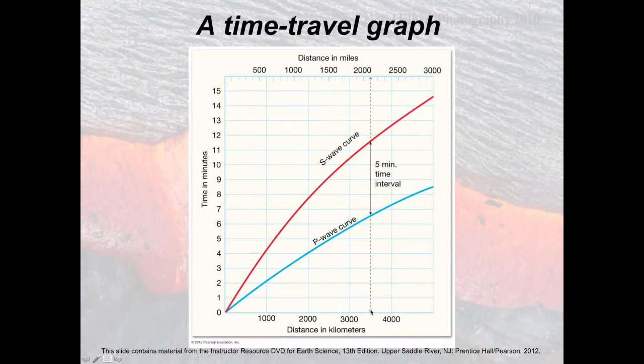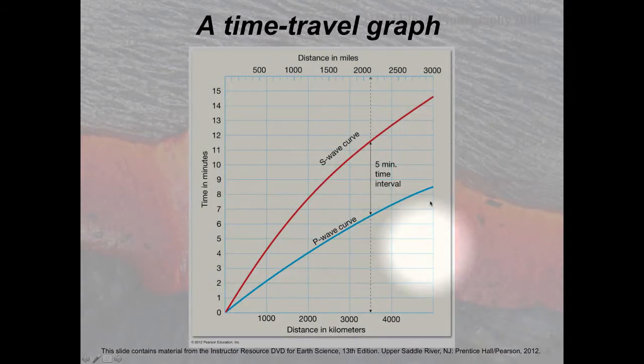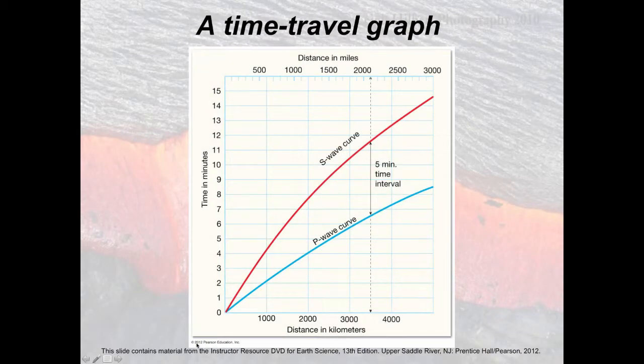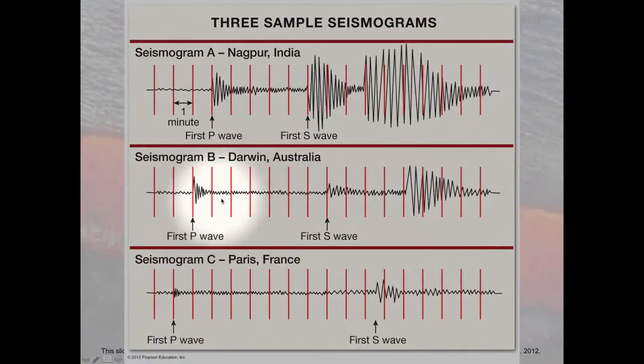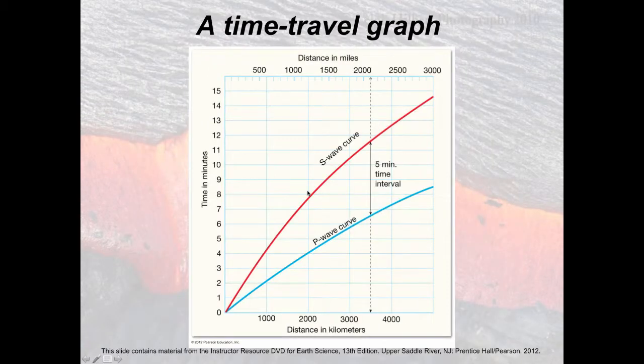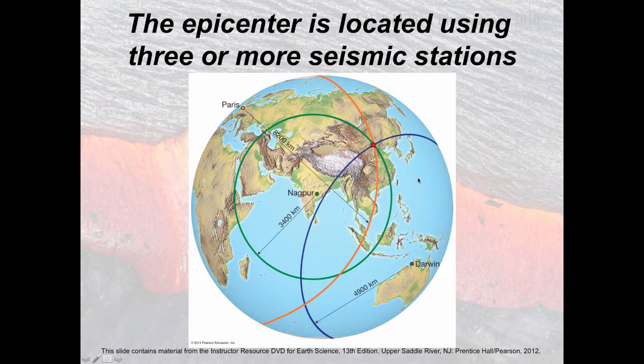If we go to a 7-minute time difference, it looks like it's not even on this chart, but 1, 2, 3, 4, 5, 6, that's only a 6-minute time difference here at 5,000 kilometers. The Australia event was 7 minutes apart. It's not even represented on here, but it's further than 5,000 kilometers, if you're following what I'm doing.